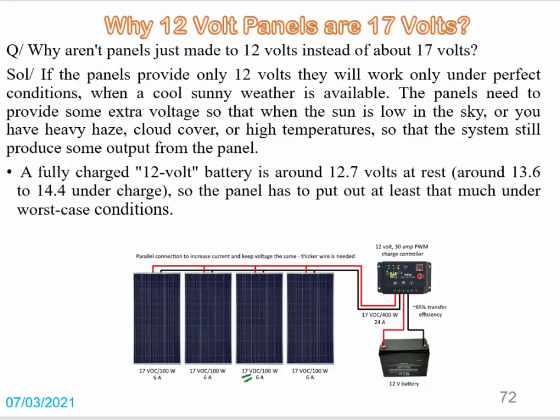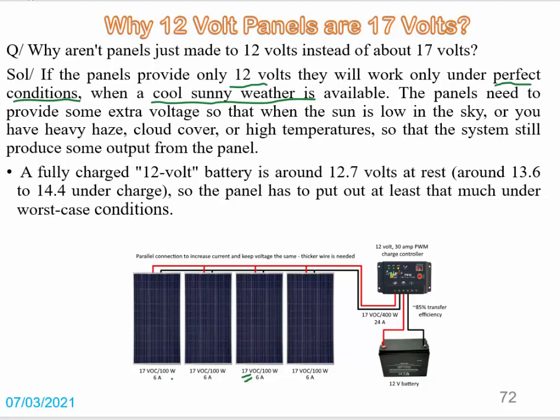battery. The solution is, if the panels provide only 12 volts, they will work only under, we can see, perfect conditions. So what are the perfect conditions? The perfect conditions are achieved at a cool, sunny weather. The panels need to provide some extra voltage so that when the sun is low in the sky, or you have heavy haze or cloud cover or high temperatures, the system will still produce some output from the